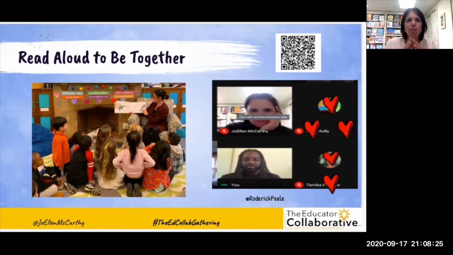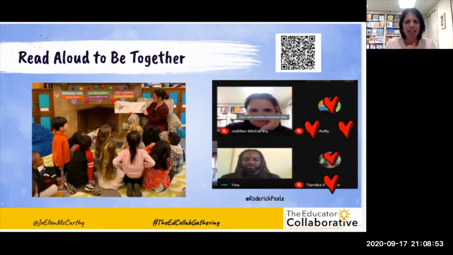Books help us create bonds. We're sharing moments together. It's those memories and moments through books. So here you see two examples in classrooms that I'm privileged and honored to work in. One is a pre-K classroom with students. Obviously that was taken in the early spring, before we were given COVID disaster protocols, and we had to actually remove ourselves.